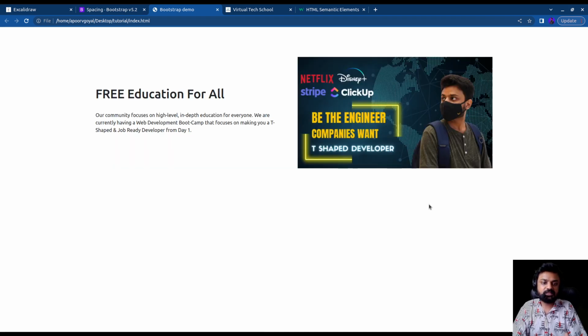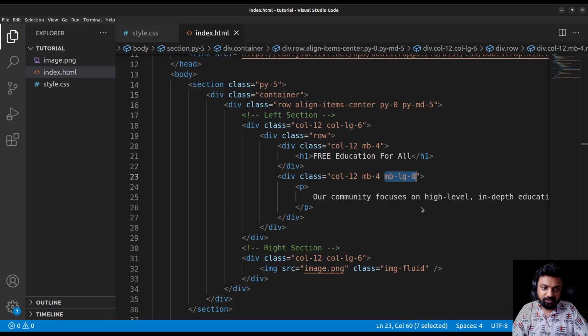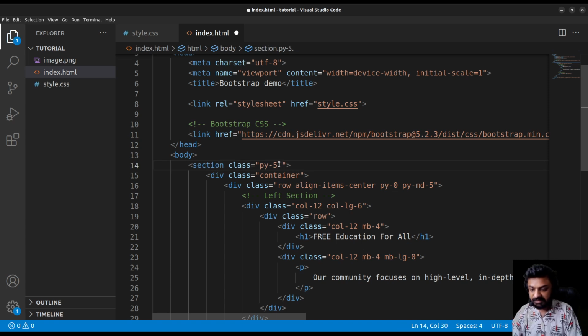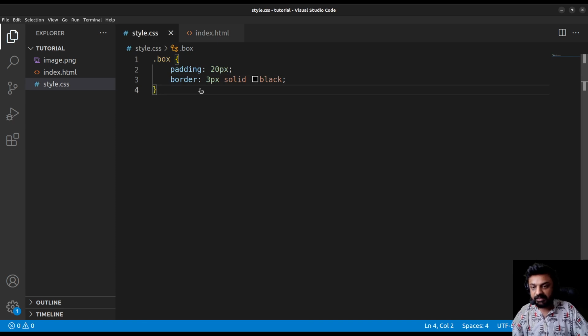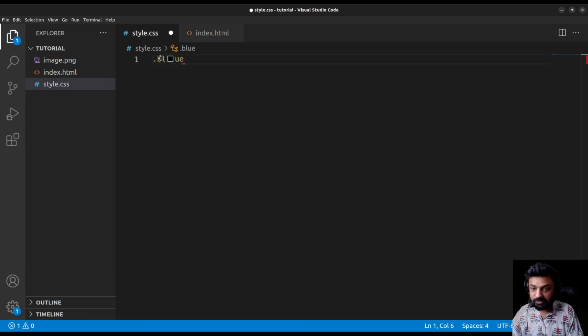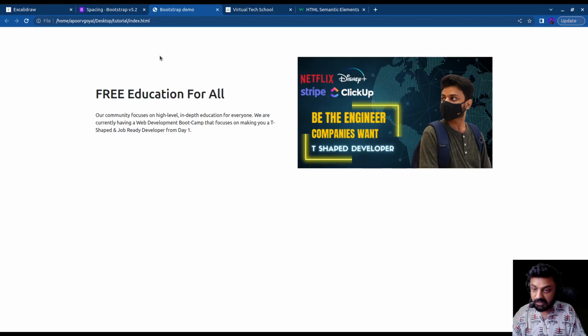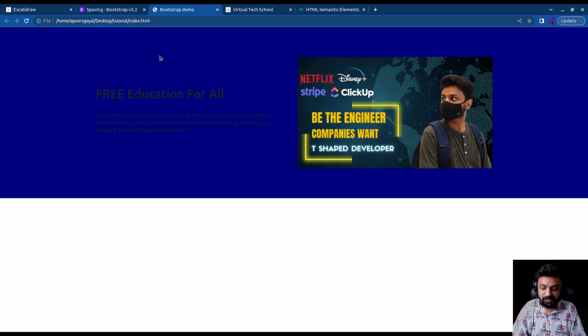Now, one thing that I want to do is add a background color to this entire thing, right? So for background color, I can add a class to my section, and I can say that I want this to be blue BG, right? Which stands for a blue background. I can add a style here. I don't need this anymore. I'm just going to change this to blue BG, right? And I'm going to give this a background color of navy, right? I save this now, I refresh this, I can see that the background color has changed significantly,